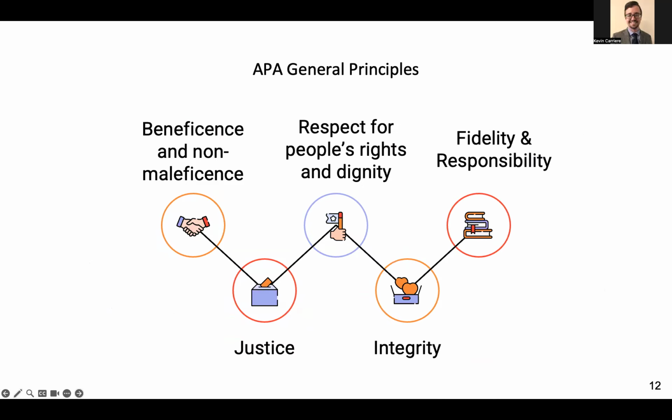The American Psychological Association, which we're bound to, takes the first three pretty much straight from the Belmont report, but they add on other ethics. And they have done this because when the APA, the American Psychological Association, is thinking about ethics, we're also thinking about clinicians,